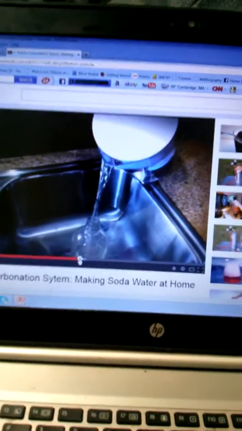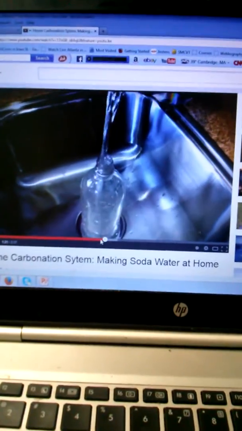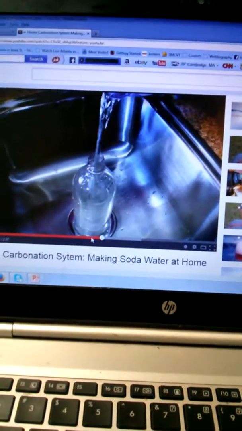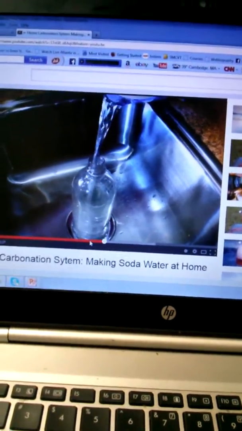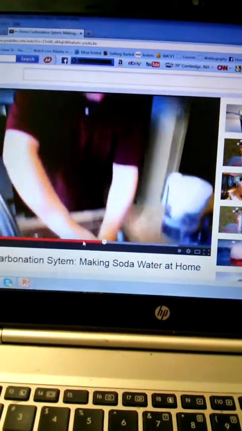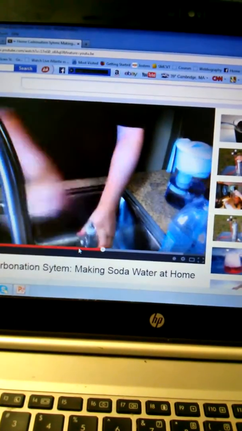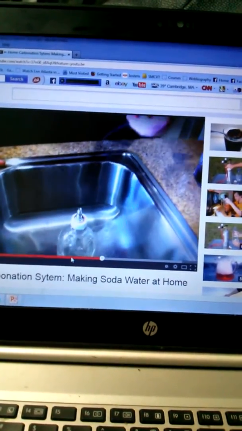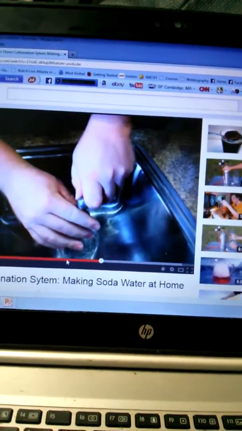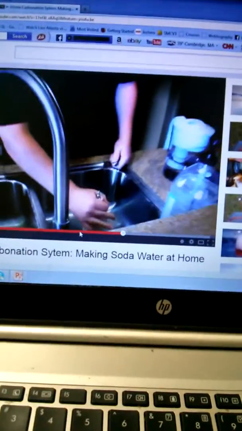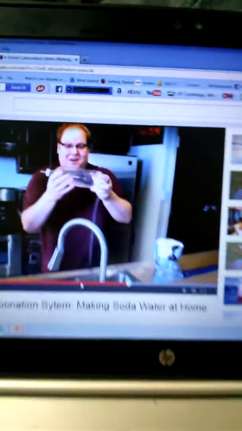Let's fast forward a little bit. So here we go. This guy is pouring water into what will eventually become an air-packed bottle, and he'll pour it all the way to the top. So he added his water, and it'll go down, and he'll add carbon dioxide right through this gun. And as you can see, he's pumping, and you can actually see the carbon dioxide when we later show it. There it is right there. As he stirs it up,